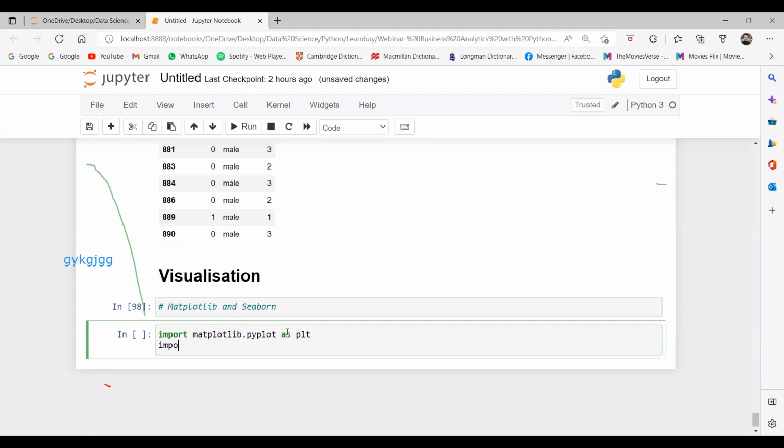I am also importing seaborn here, so I don't have to write this again. So import seaborn as sns. This instance name you can give of your choice. Generally we use plt and sns for matplotlib and seaborn. But if you want to give it P or S, then you can. Fine. Instance name, you can give anything.